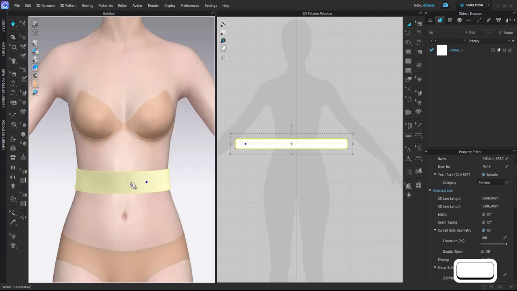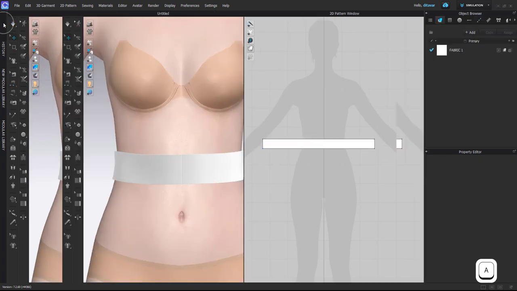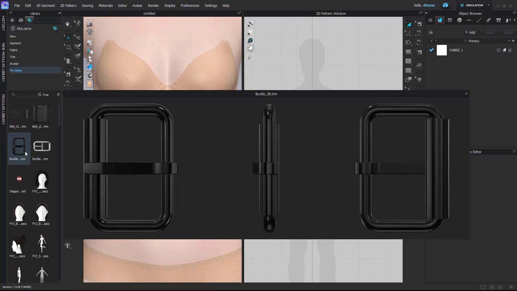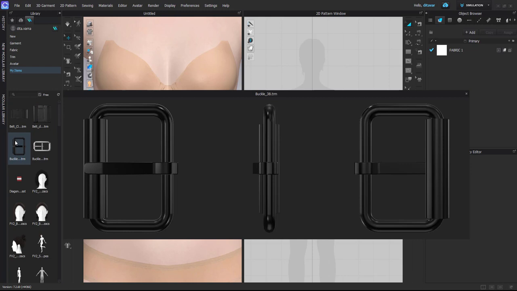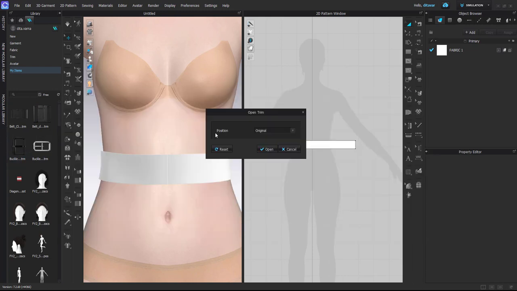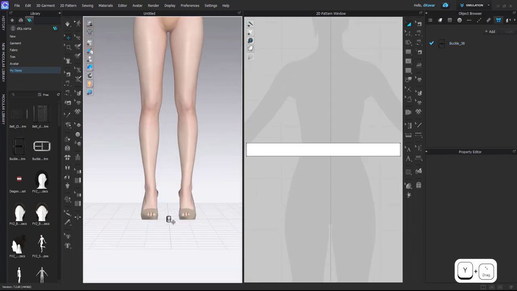so here is my belt, and now I will add the trim, the buckle. So for this I will use just the buckle from the CLO Connect library. These items are free items, so you can use them as well, and they come in trim format, so you can add them to the workspace as trim. And here is the buckle,